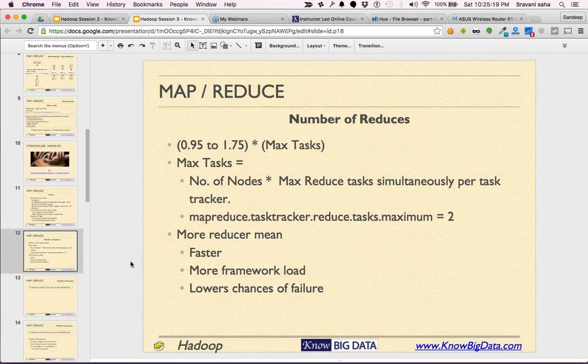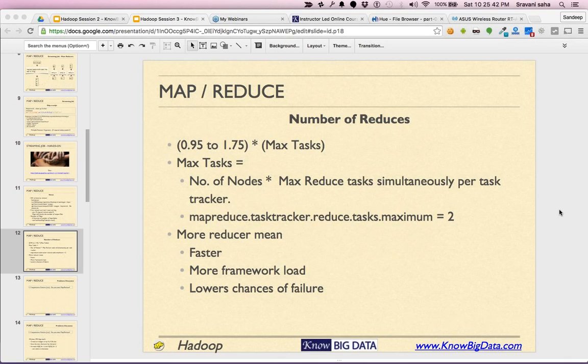All right, there is one more thing which we want to discuss before the break, and that is the number of reducers, as in how to compute how many reducers we want. How many nodes do you want to run the reduce tasks?